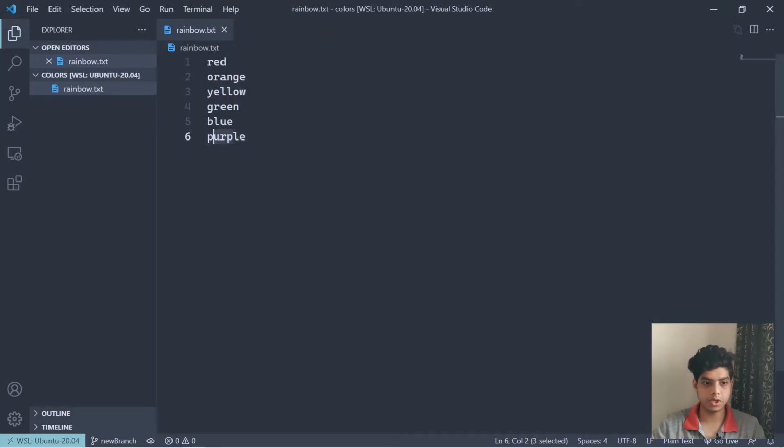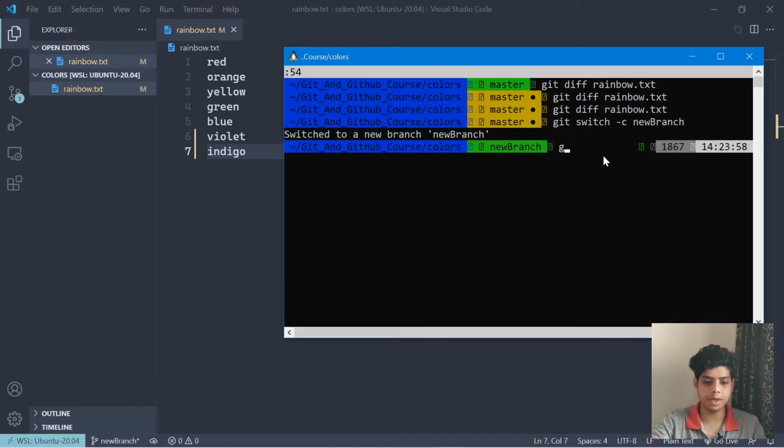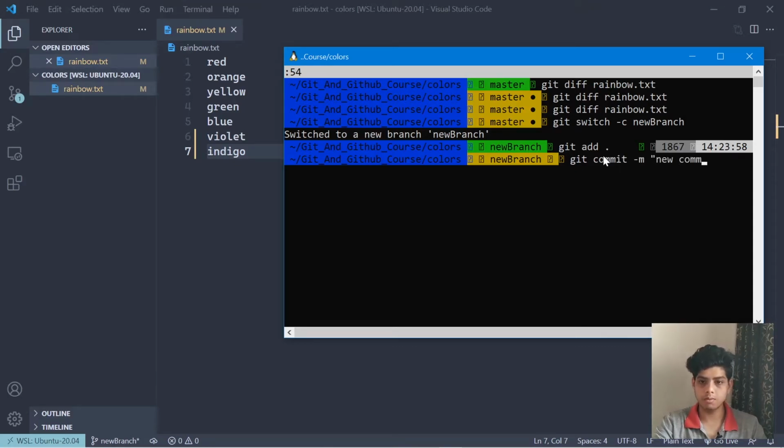So I will change this purple to, let's say, violet and indigo. Let's keep that itself as indigo, like that. All right, and I'm going to make a commit. So git add dot, git commit minus m, new commit on new branch.